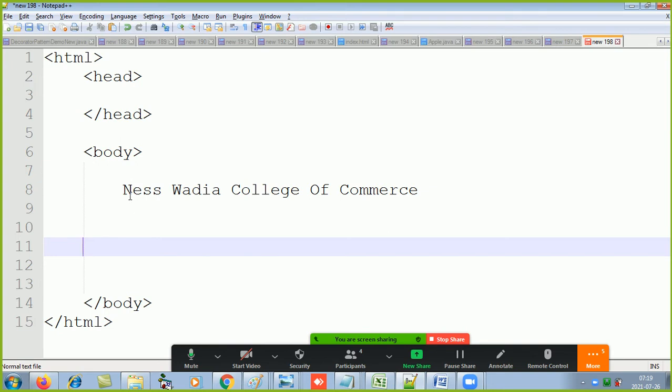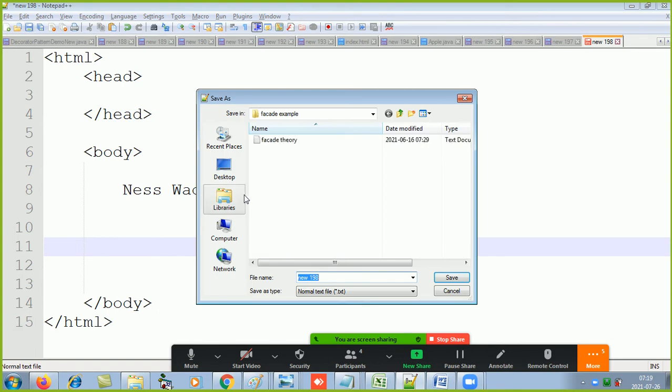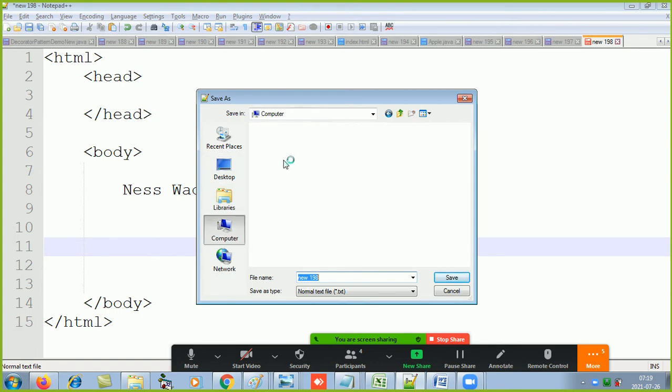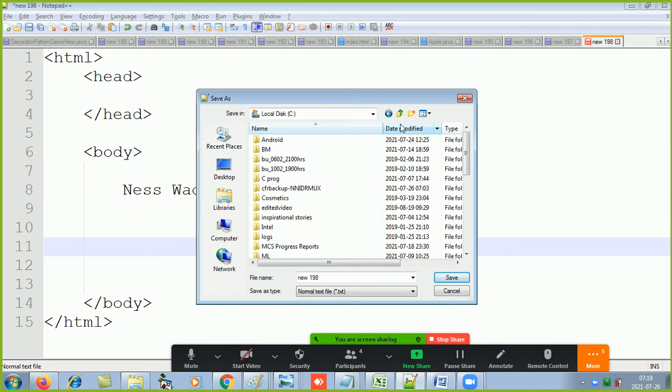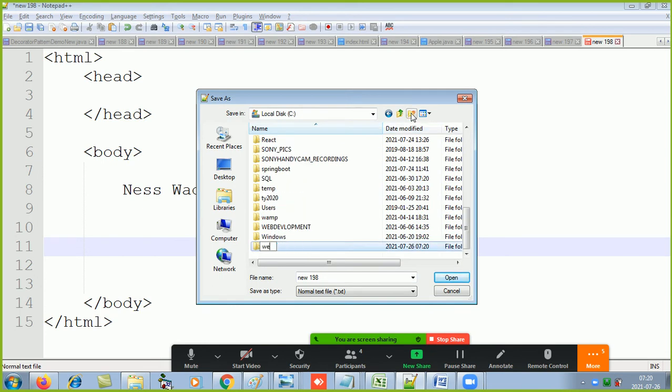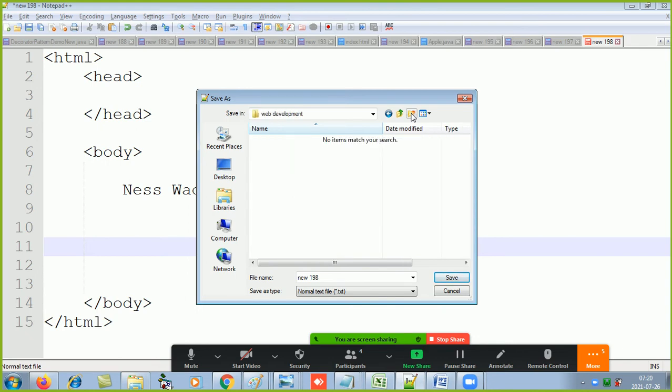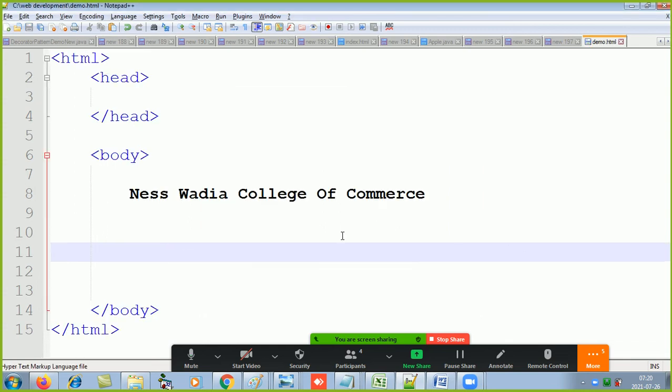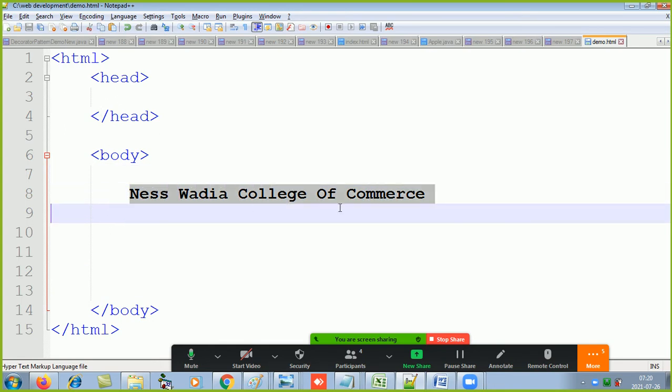So if I just write this in the body and save it with the extension .html, let's save it as demo.html. And now your first web page is ready. But this text which we have written will appear in the default format of the browser.